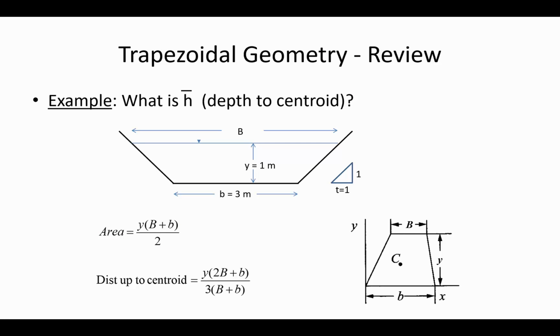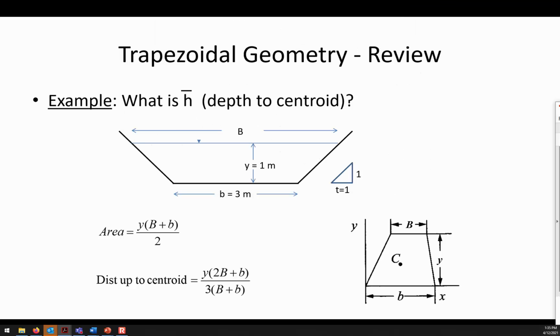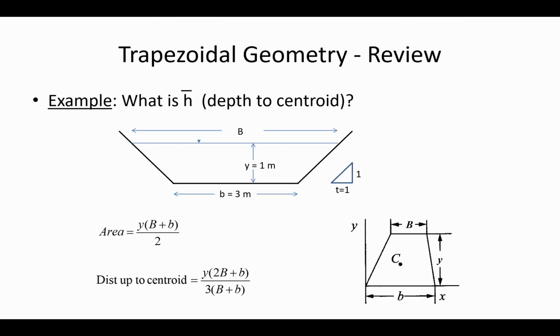For those, you may need to apply these ideas with a non-rectangular channel. So if you had a trapezoidal channel, I wanted to review a little bit of information about how you could find the depth to the centroid, h bar. So if you had a channel with a bottom width of 3 meters and the flow depth is 1 meter, like this, and we've got 1-to-1 side slopes that's been indicated there,